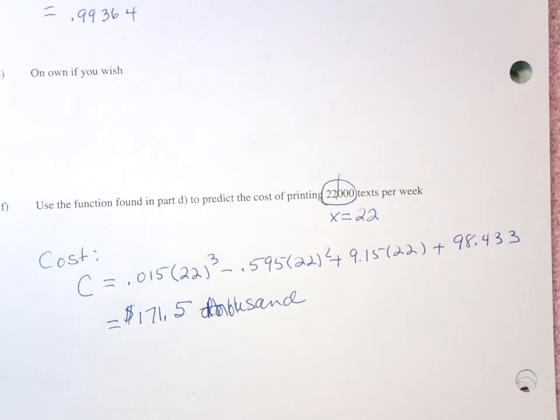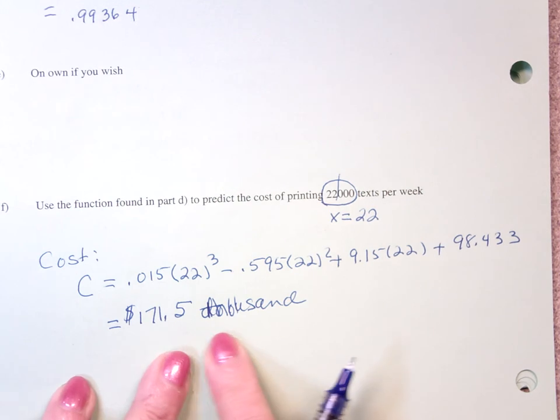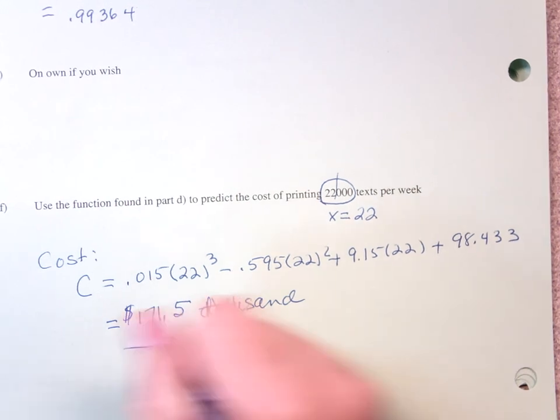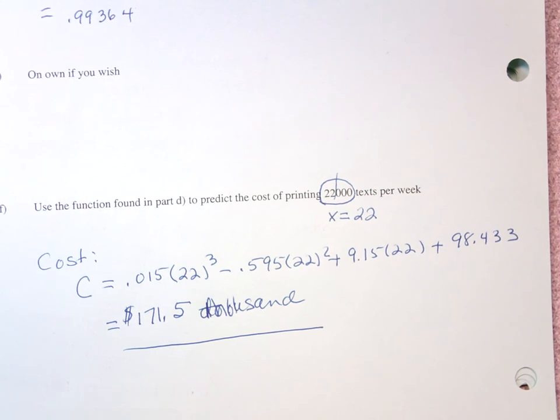I always write dollars instead, and that's my dollar sign there, but 1,000. Because it is in thousands. So now you've got your first